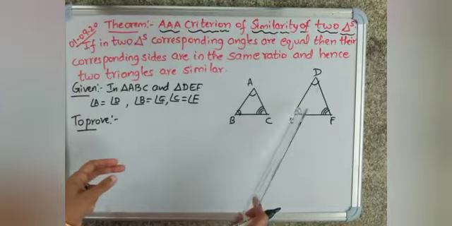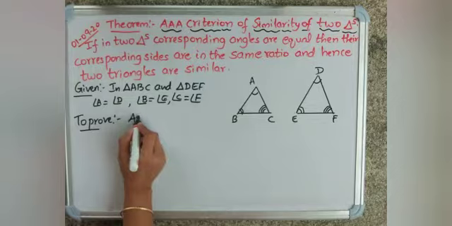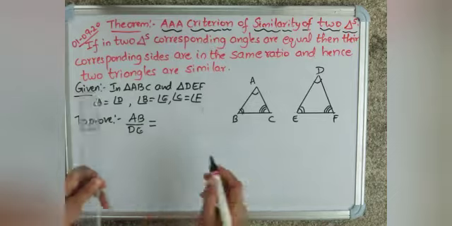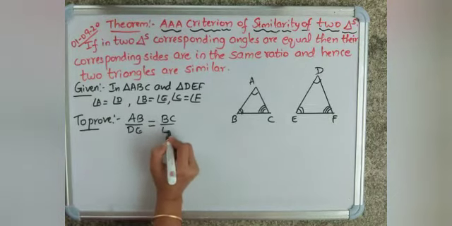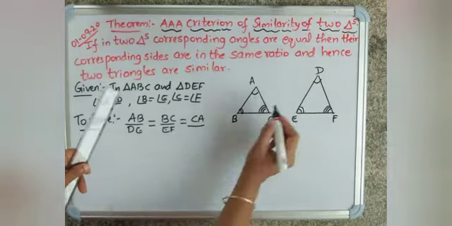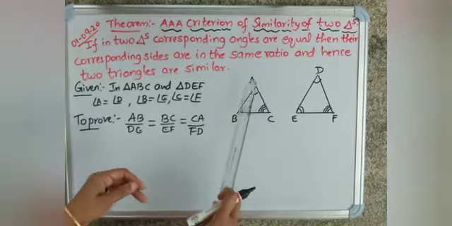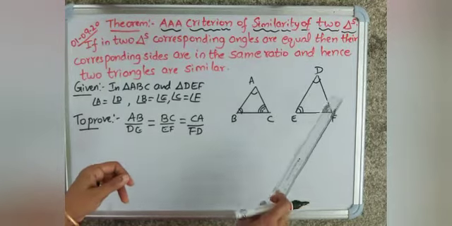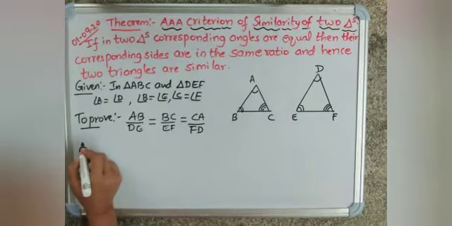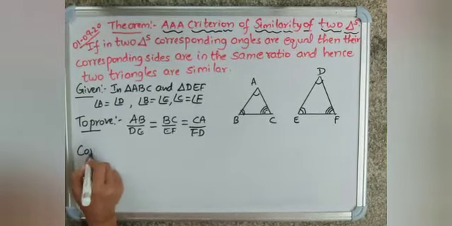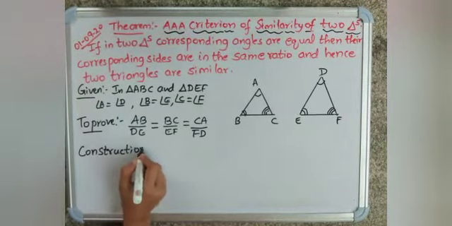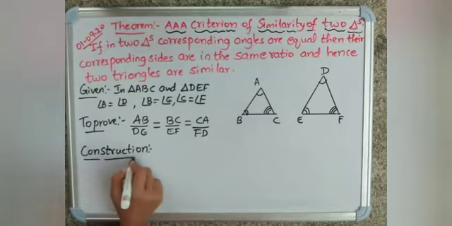So we'll write the ratio of corresponding sides. So AB upon DE is equal to BC upon EF is equal to, next is CA upon FD. So if you write AC, you have to write it as DF, corresponding sides, corresponding vertices. In the previous class, you have studied that. So next step is construction, because only with the given data we cannot prove this. So I am going to write construction.